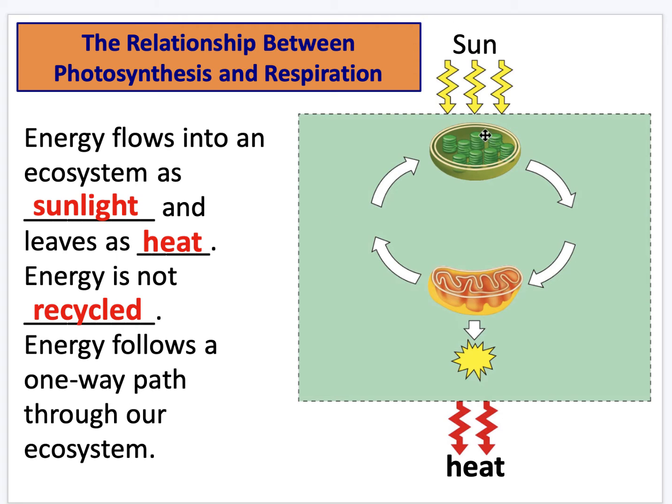So we've got the sun, and in this diagram we can see that the sun is being absorbed by the chlorophyll located inside the thylakoid membranes. Then we have the two products that are made here, which are oxygen gas and glucose. The oxygen gas is released off into the atmosphere. The glucose is consumed by other living things,